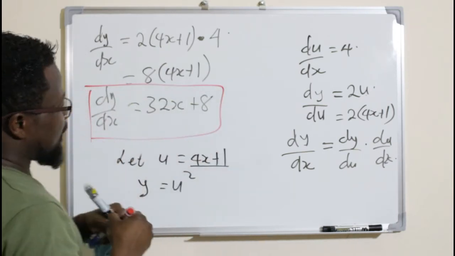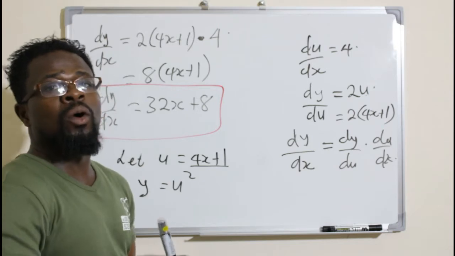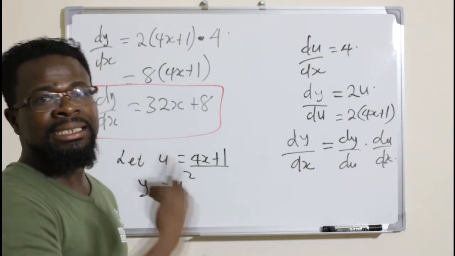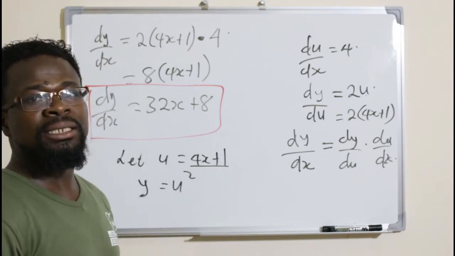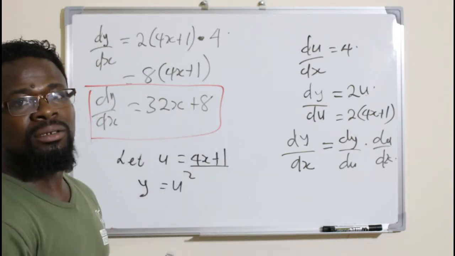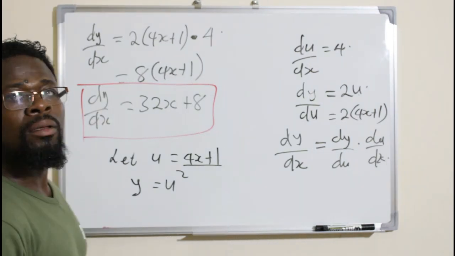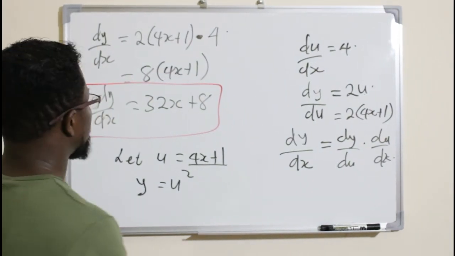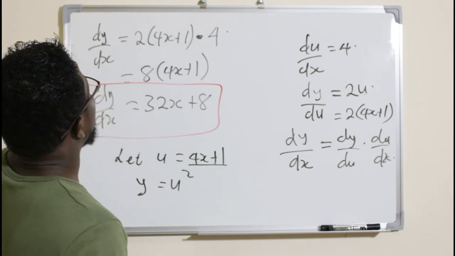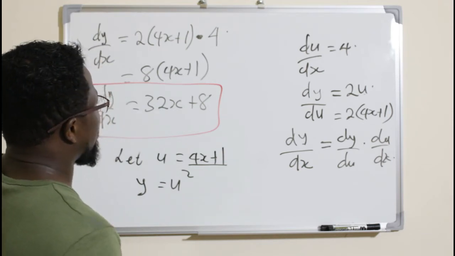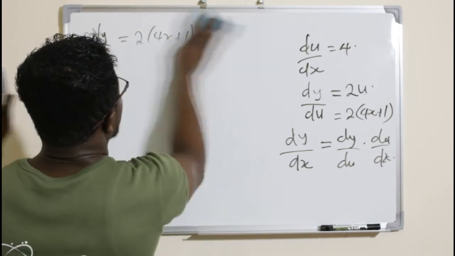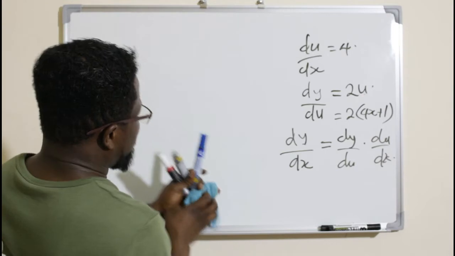This is what we refer to as the chain rule. Or this is how you can find the derivative of a composite function. That means a function of another function. Okay, so if you look at what I have just done right now, this simply means in general, we can just say that